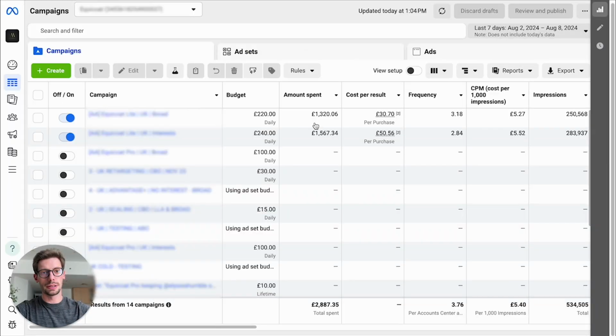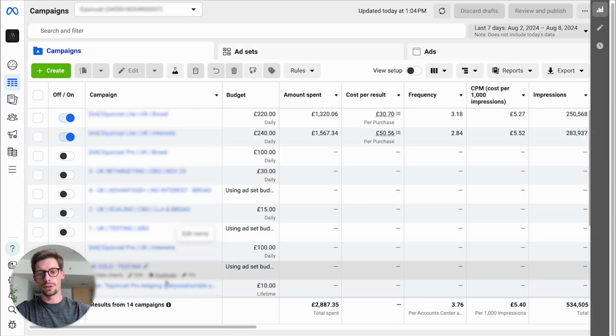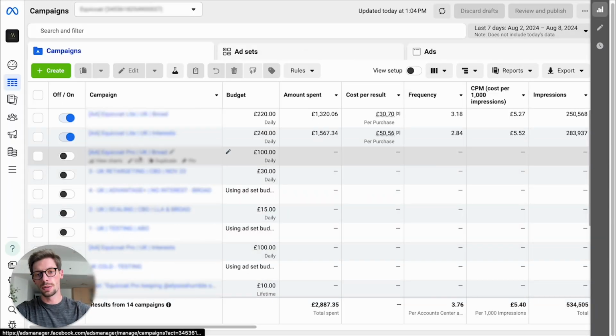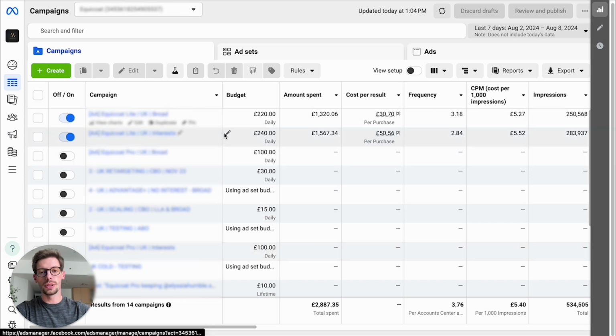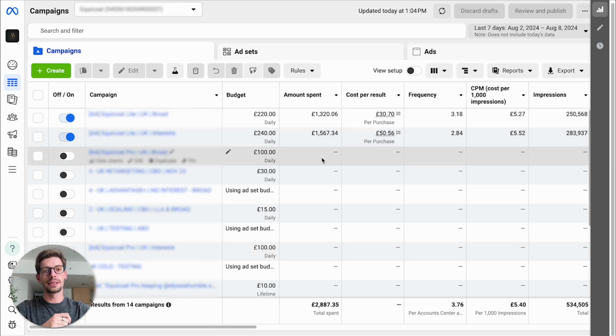So now we are looking at an ad account that we're currently running, not like tons of campaigns. Yes, there are some more campaigns before, but right now only 2 campaigns are running. And that is already the first point that I want to mention here. Because you will see that smaller brands or beginner media buyers, they will have 1 campaign for testing, 1 campaign for scaling, 1 for top of funnel, 1 for middle of funnel, 1 for bottom of funnel, and so